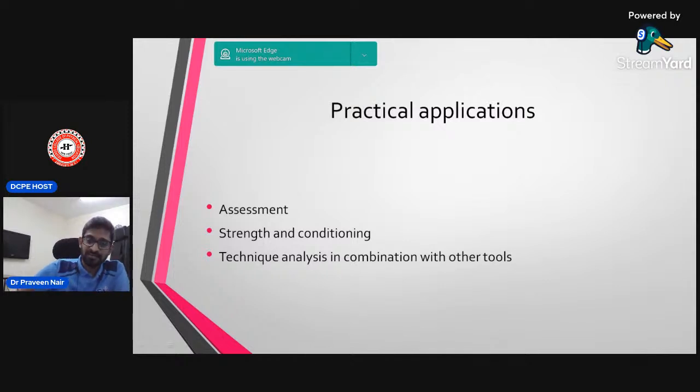Okay, strength and conditioning, like we all know that in strength and conditioning, if you devise a training program, it has a general preparatory period, it has a specific preparatory period, then the competition period. So let's say in the general preparatory period, you are going for anatomical adaptation. Okay, you can take the data as baseline, and after the GPP, if you want to start the strength phase, again you take the reading, and at the end of the strength phase, you again take the reading